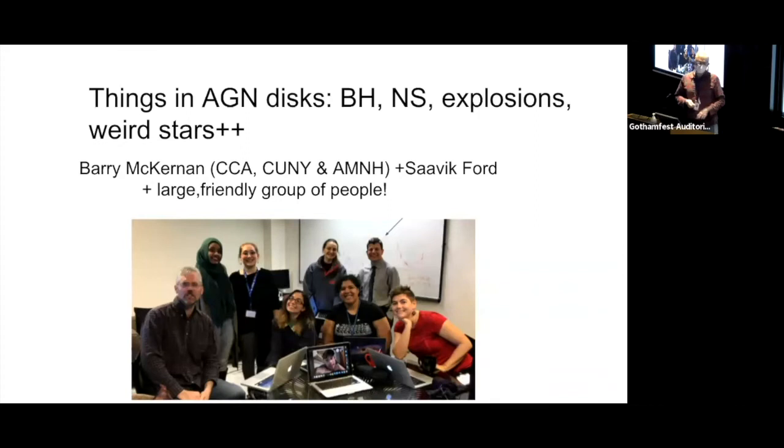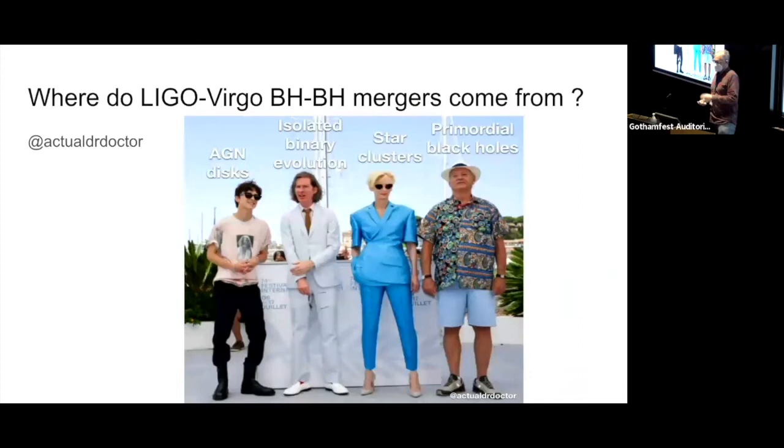So I'm going to start with Astro Twitter, where all the cool kids are apparently these days. So, a big question that Katie pointed to is where are all of these black hole mergers that we're detecting in gravitational waves? Where are they coming from? All I'll say is that there are many different channels. We're working on the cool hip one right now, apparently. I mean, I love Wes Anderson. I think he's great. Tilda Swinton is an amazing actor, but we definitely have the advantage